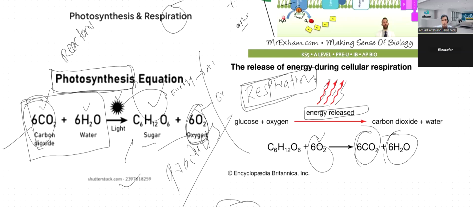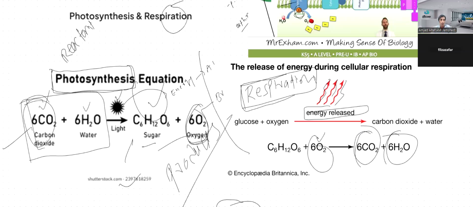Where are we utilizing this oxygen? This oxygen that we are inhaling is utilized inside our body to break down glucose and release energy that we are utilizing here, like you're listening and I'm speaking in front of you. The oxygen that we have inhaled gets into our cells where glucose is present, and that oxygen combines with the glucose and converts it into carbon dioxide and water and releases energy in the form of